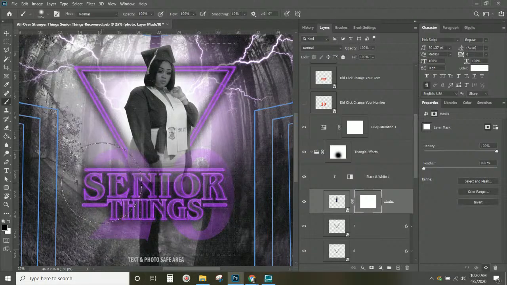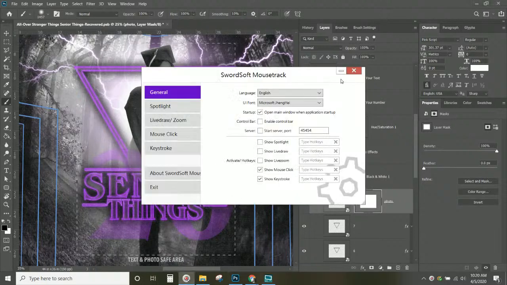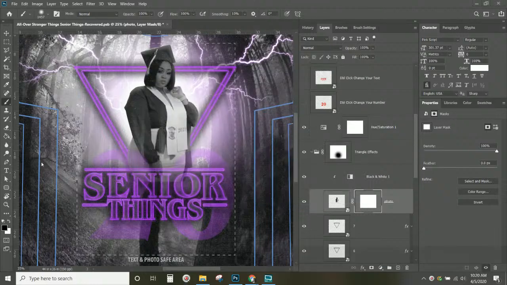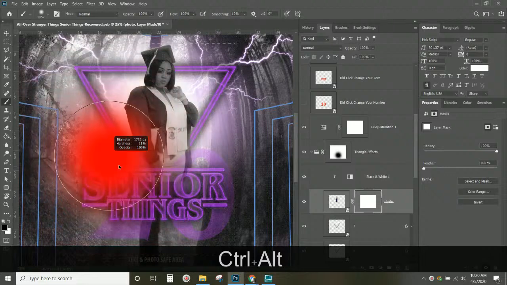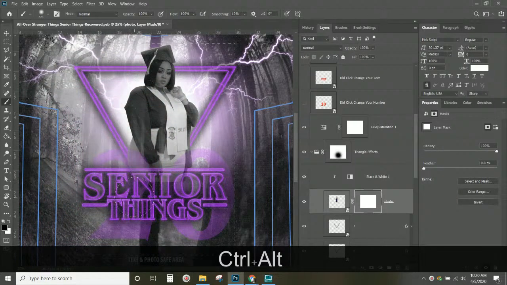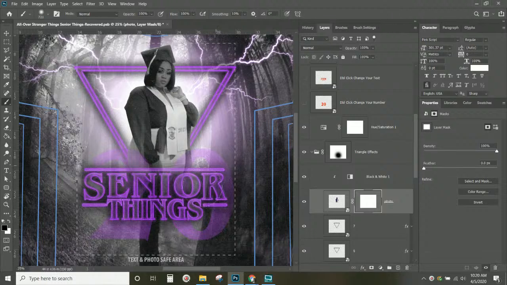And the size of this brush is rather large, so I'm going to hold down Control Alt. Let me put my little cheat sheet up for y'all. So if I hold down Control Alt, and then I'm holding the right mouse button, hold on just a second. There we go. It's making my brush smaller or larger as I move left to right. And that's a shortcut my brother told me about some time ago, and I never used it, but it has been so helpful,